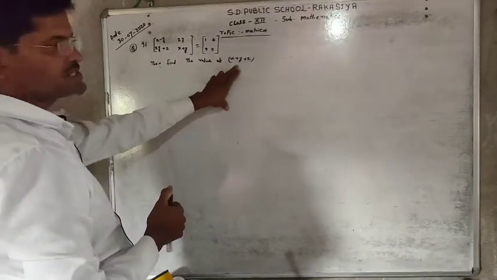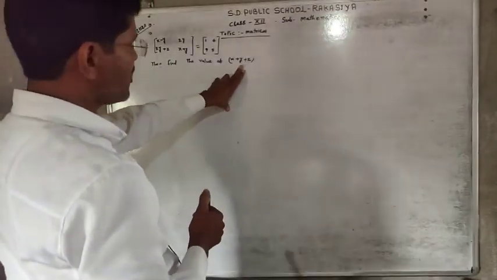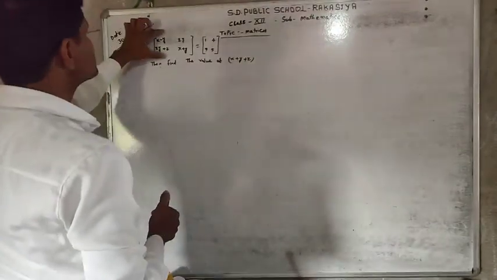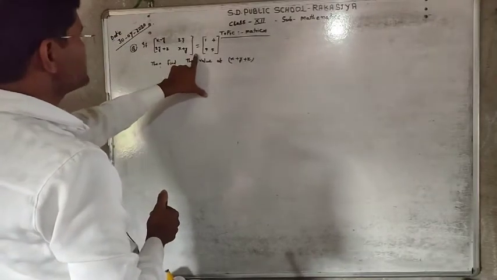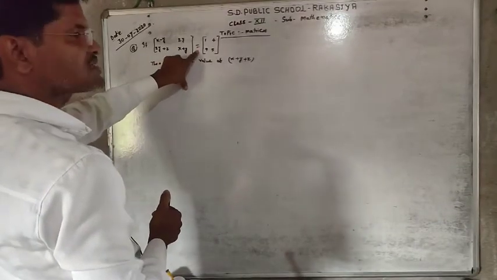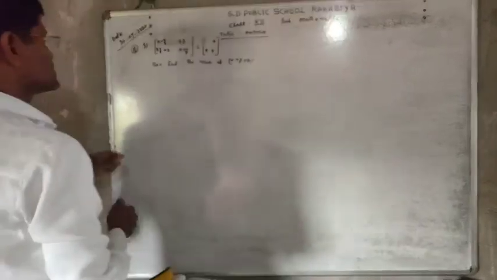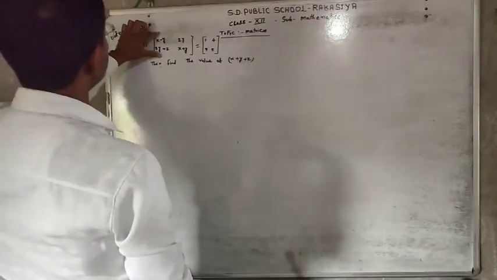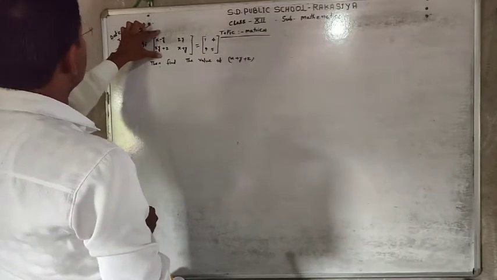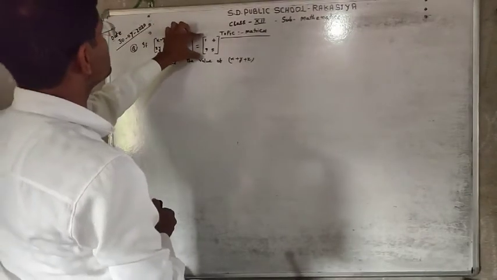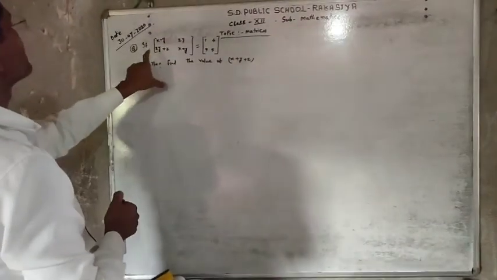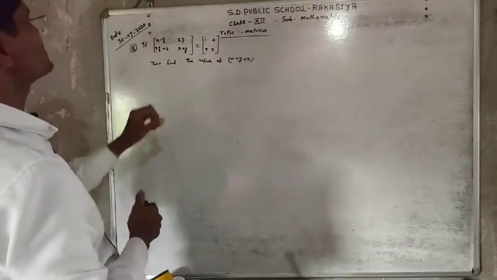To find the value of x plus y plus z, we have to first of all find the value of x, the value of y and the value of z. This relation belongs to equality of two matrices. Here two matrices are equal. The matrix given in LHS has some variables and the RHS has some numbers, meaning scalar quantities. Then we observe that both matrices have